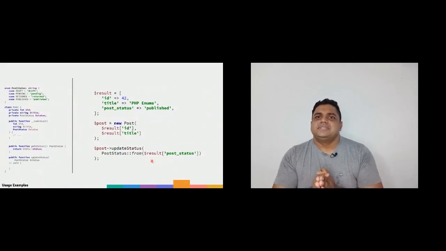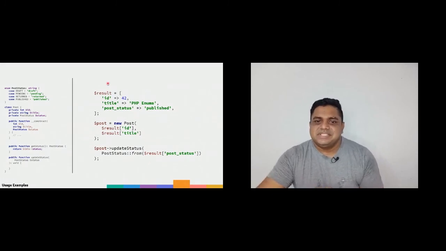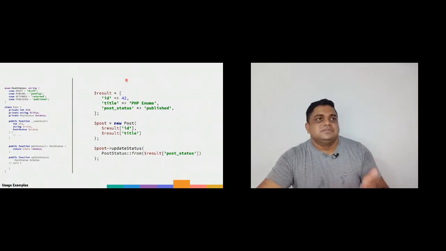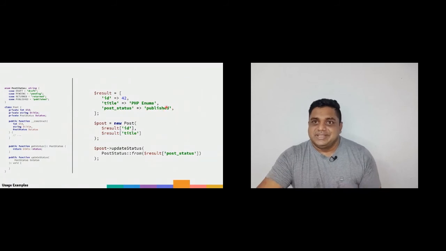What if you want to take the enumerator type back from a string? Now, imagine this is a result from the database, or something that we get from an API, or the user input. We have the ID is 42, the title is here, and the post status is published. Now, this is a string.